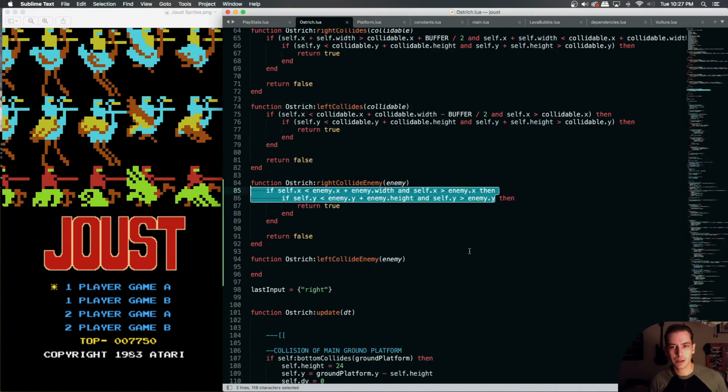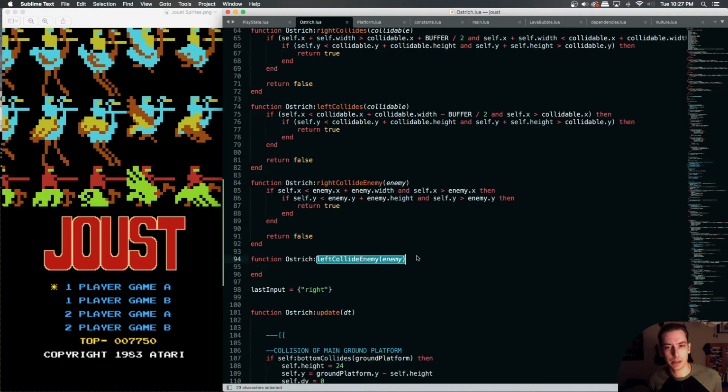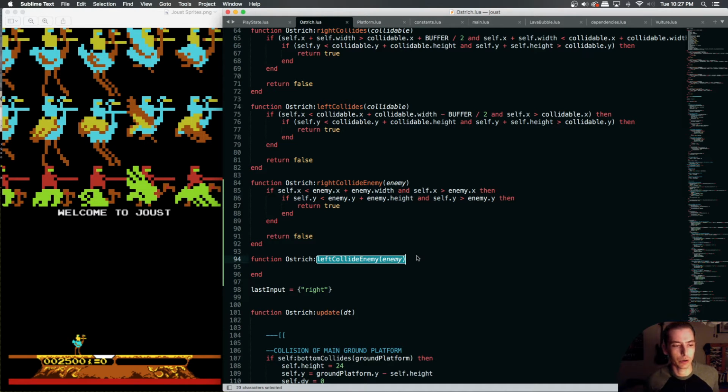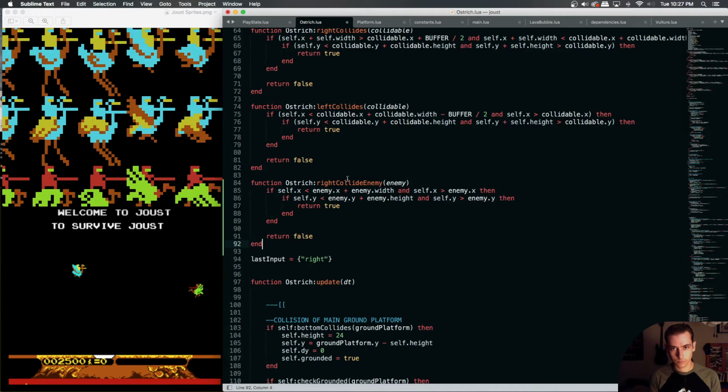So I guess that tells me we don't really need two different functions here. We just need a side collide with enemy function. And we just check the X position upon the collision to check what we need to do. So we can say that this is called a side collide enemy. And the difference, I could just call it side collide, which